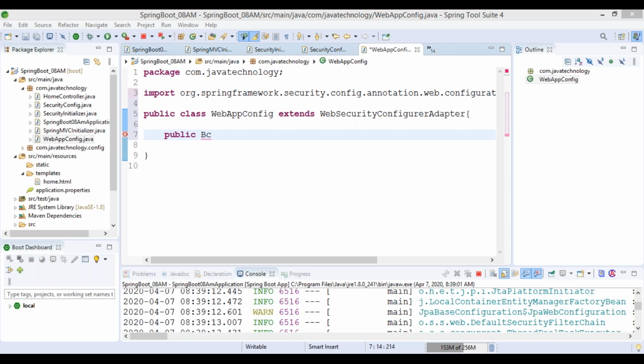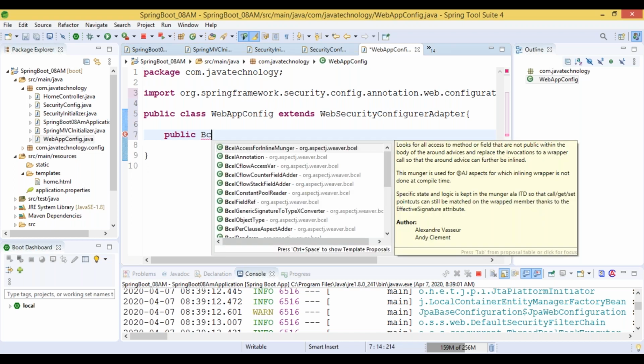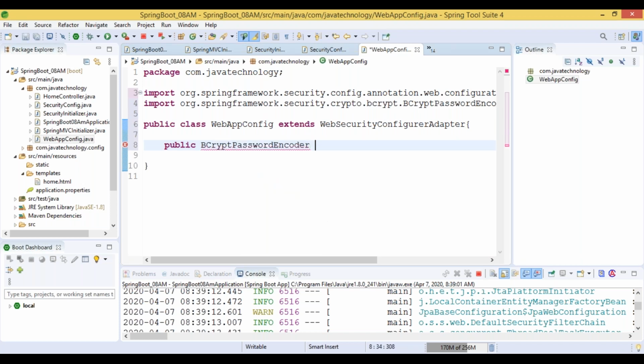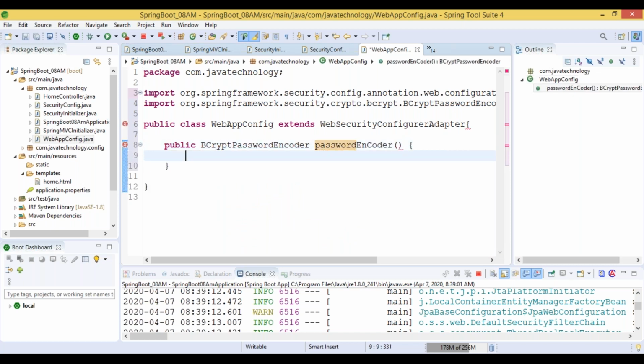Let me try BCrypt. BCryptPasswordEncoder, okay, so this is the class we need to use. Password encoder method I'm using. Return new.